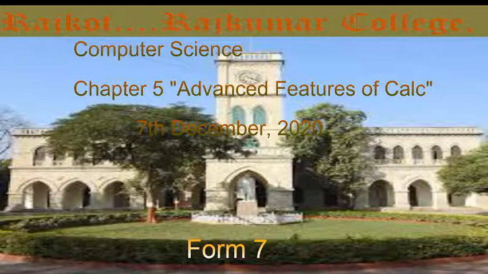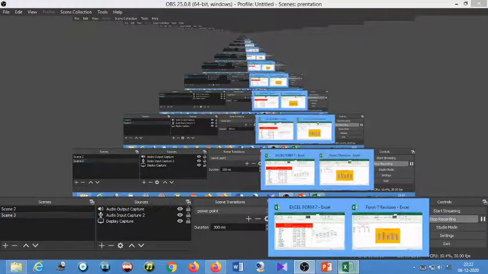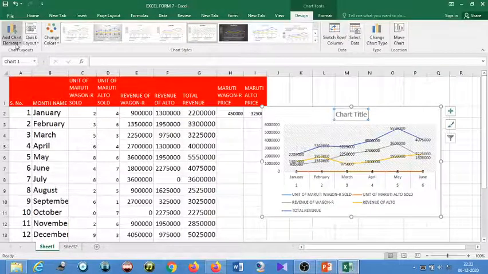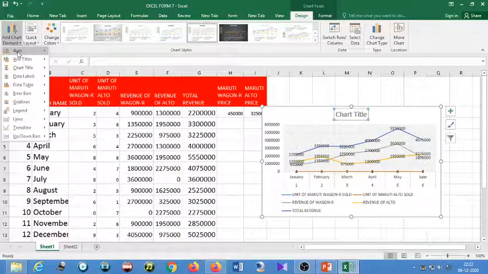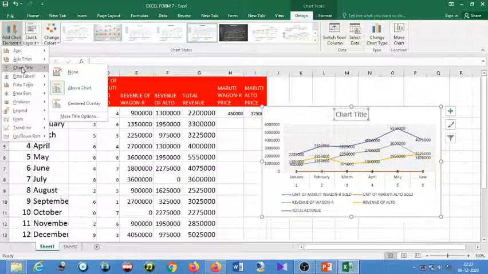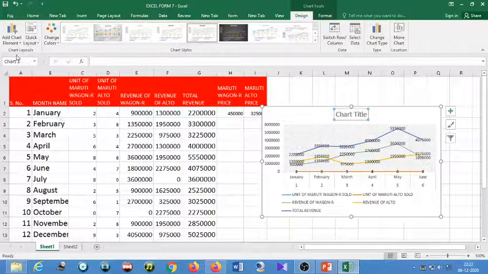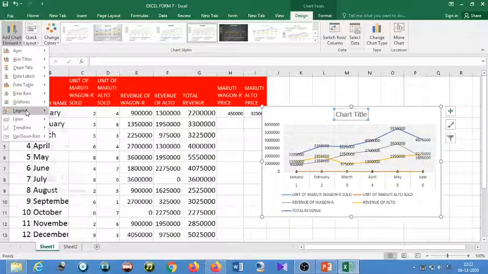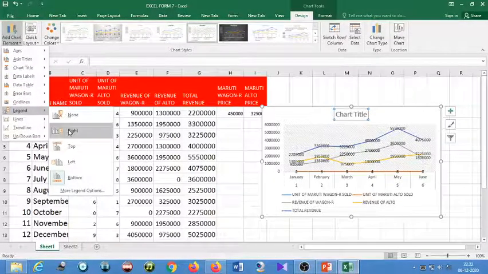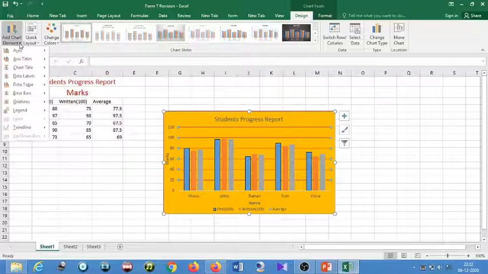Once again I click on this chart. Yes, I forgot to show you. From these elements you can show the data series, data table, and chart title that I already showed. Grid lines I also showed you, you can make changes in grid lines. Here, legend, if you want to show it on the right, you can change the legend. Okay, I showed you in this chart, so you can easily get it.